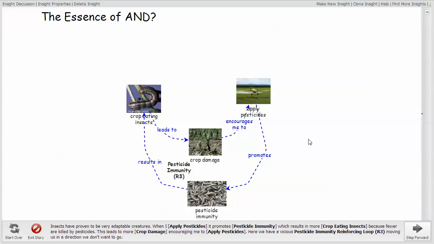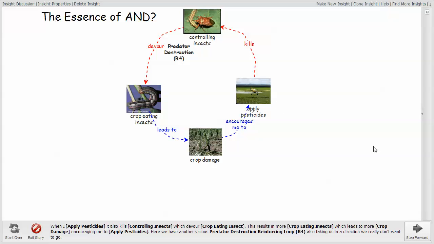So that I am, in fact, following the quote from Pogo, I have met the enemy and he is me. Because I am doing something that specifically moves the situation in a direction that I don't want to go. Though, even though I've identified that, are there other things that are also relevant to the situation? And when I apply pesticides, what else does it influence? Or what influences it? Well, if I look at it, I realize that